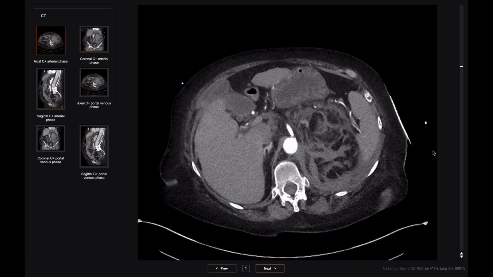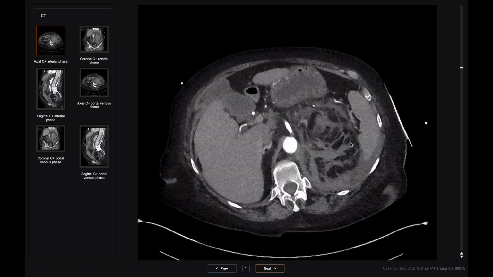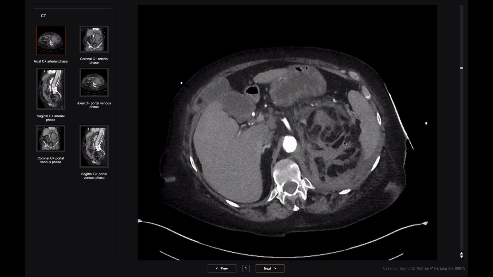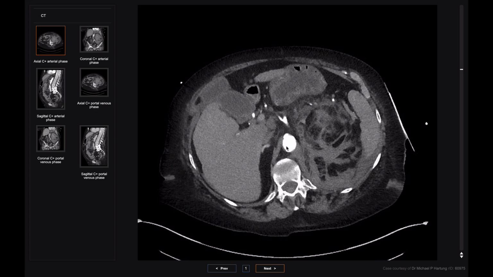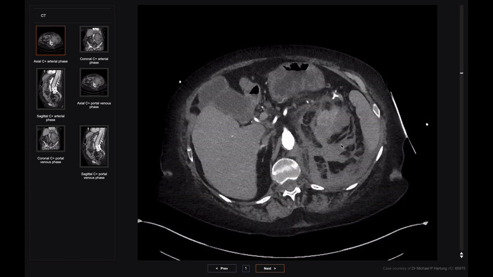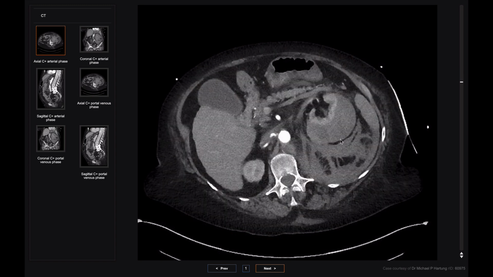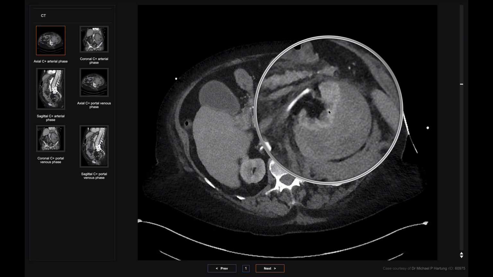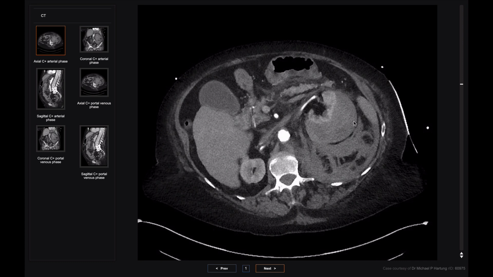Another use of arterial phase CT, when it's complemented by portovenous phase CT, is to look for areas of bleeding. So this is a multi-phase study. So this patient has been given contrast. This is an arterial phase study, and we can see that this is a normal right kidney on this side, and on the other side, this is a markedly displaced left kidney,